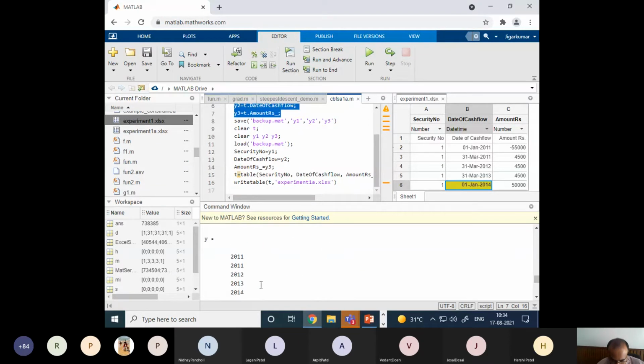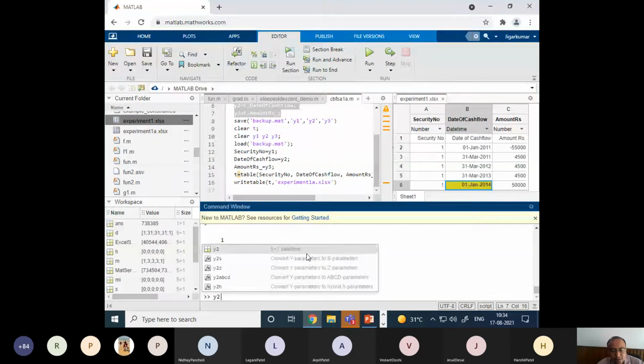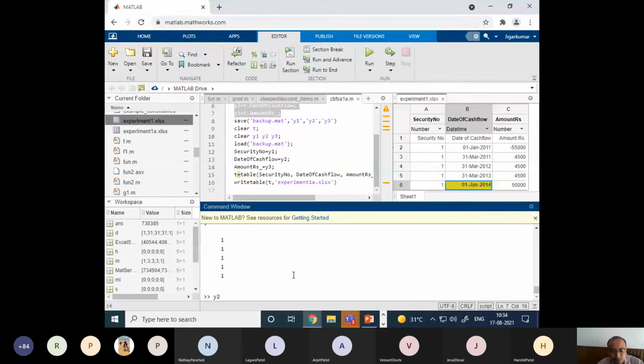Let me store it. Now I have these things in 3 different variables. I have placed a semicolon, so now you can type y1. You can see it is 1, the security number is 11. Then y2 is the string of dates, yes, in default format. Y3 is the third column, it is the amount of cash flow.